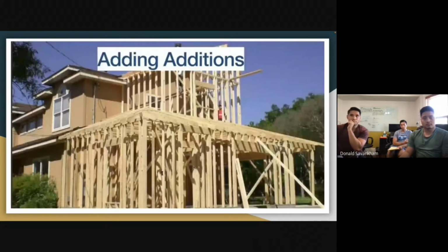Adding additions. When I say adding additions, it's if we have to add an addition to bump an ARV. If we have to build a second floor addition, if we have to add square footage to a home to justify the ARV and the numbers still make sense, it won't work, only because of the time part of the addition. So adding additions, where, say, a seller explains to you that